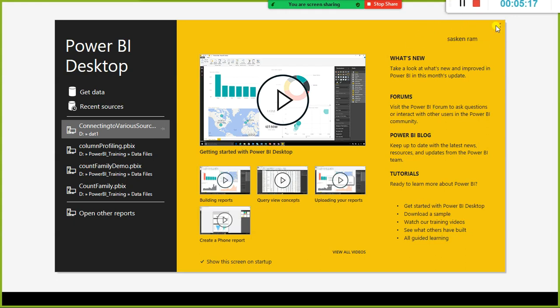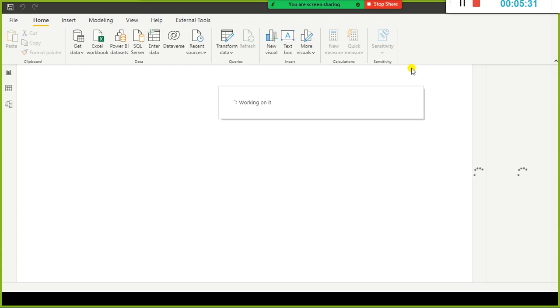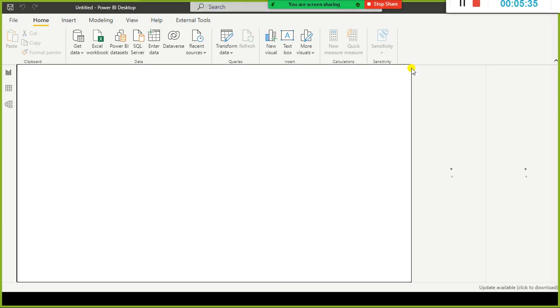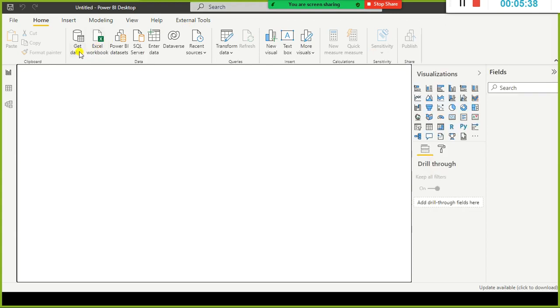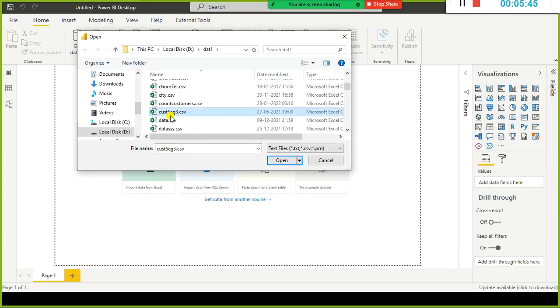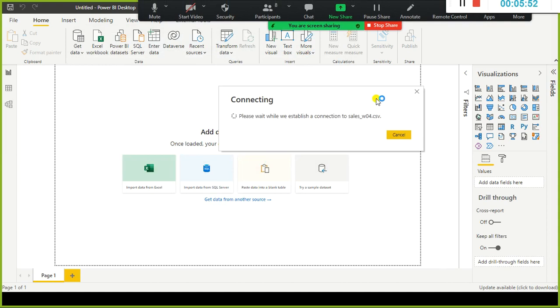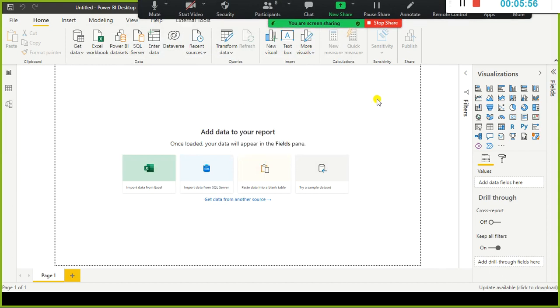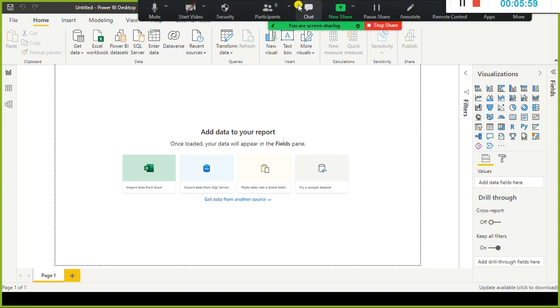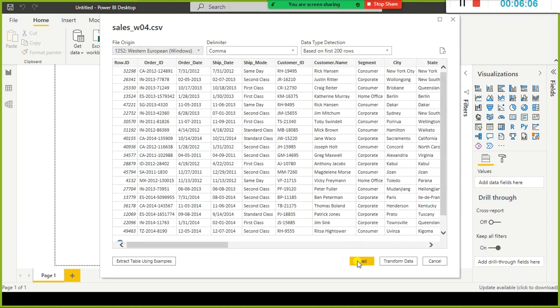Okay, this one got open. Very good. I just load this data.